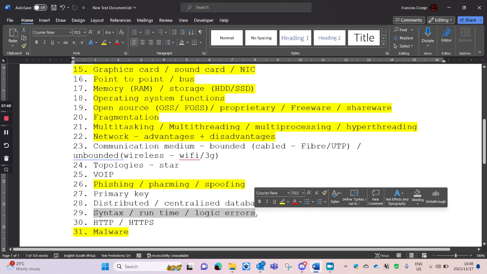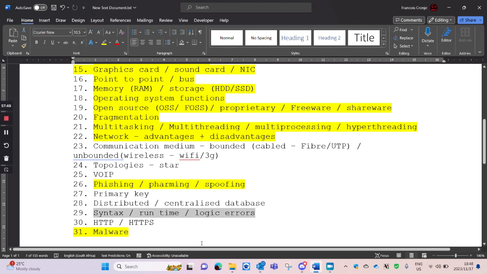This is now the next chapter, the practical part. Remember, we did discuss previously the three different errors we get: syntax errors, runtime errors, and logic errors. A syntax error is an error in the code. There's a red line, so the program doesn't even run at all. With a runtime error, the program runs fine, but when you get to a certain stage, if you click a certain button, suddenly the program crashes. And a logic error is when the program works fine and everything goes, but the output is just wrong.